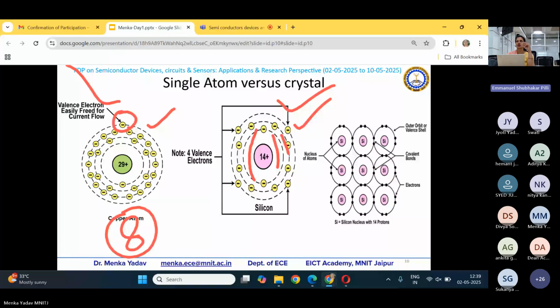So this was the elemental atom. When we have multiple such atoms, they come closer and much closer. There will be a particular spacing where equilibrium is achieved. Let's say one atom can sit over here, another over here, and they cannot go far away from this. So this comes to equilibrium, right?